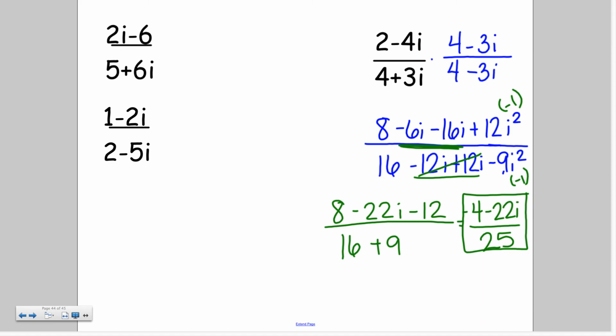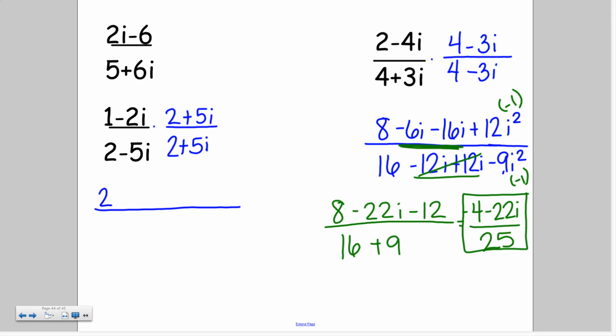All right, go ahead and get that work down. I will leave it up here for just a minute while I get ready to do this one. All right, so I'm going to multiply by 2 plus 5i. 2 plus 5i. All right, so my